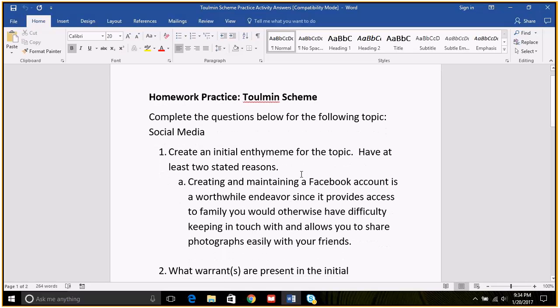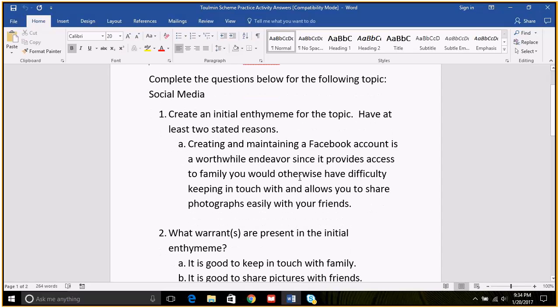Keep in mind this has several parts to it. Here I've specified that I need at least two stated reasons, and in my example here, I think I have two stated reasons. So if you look here at my initial enthymeme,